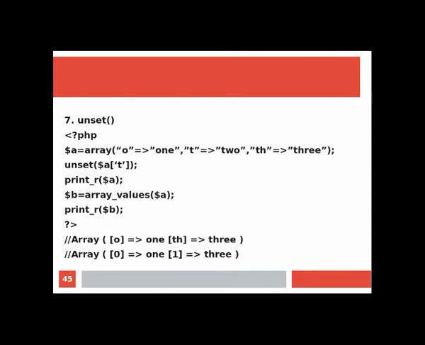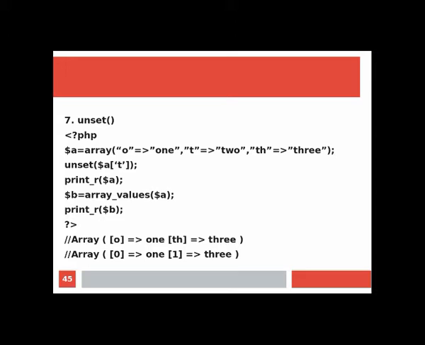Then next is unset. To remove a key-value pair, call the unset function on it. So remember that to remove, the unset function is used. We will see an example in PHP: $a = array("o" => 1, "t" => 2, "th" => 3);